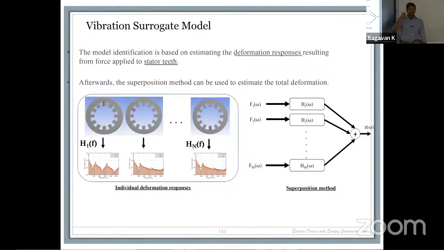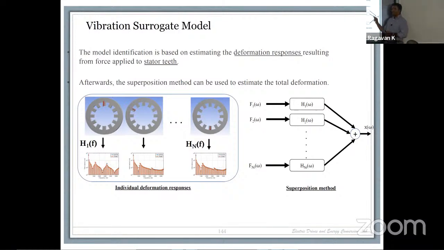You might remember this from the example this morning. I was talking to you about the permanent magnet and how you can combine them with currents, specifically the field distribution for the field reconstruction method. And we had said that we could actually use superposition to create the method. A very similar idea, in which you can do a model identification based on the deformation response. You get an impulse response from the system, and you get the force applied to each stator tooth. Each one of them will give you a specific response, and you have n deformation responses.